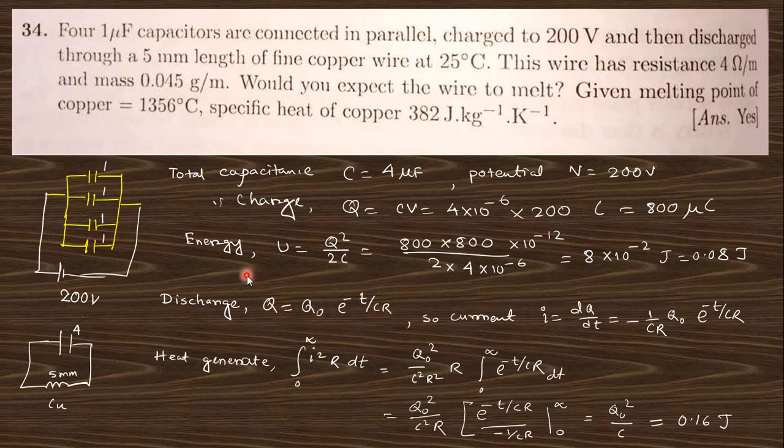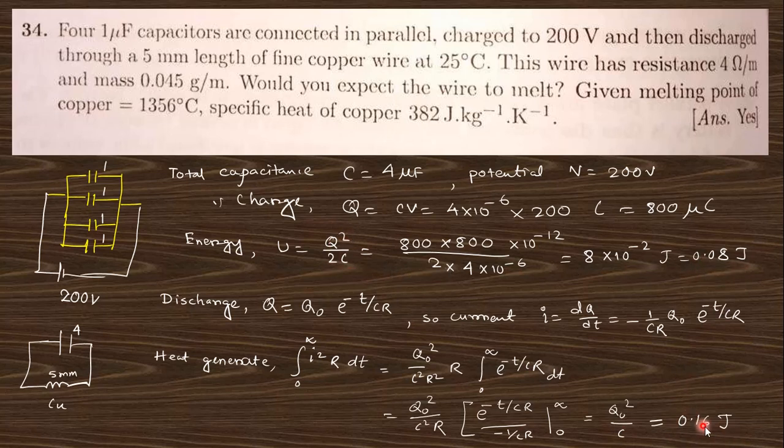In the upcoming session we will learn the details of this equation, but at this moment you can check this relation, that at t equal to 0 this is q0, and as t increases this charge reduces. This is the discharge mechanism. So the current will be dq by dt. If we differentiate we get this equation. So the heat generated is the integral of I square R dt from 0 to infinity. Finally you get q0 square by 2C. You know this is q0 by 2C, so q0 by C is double of this.